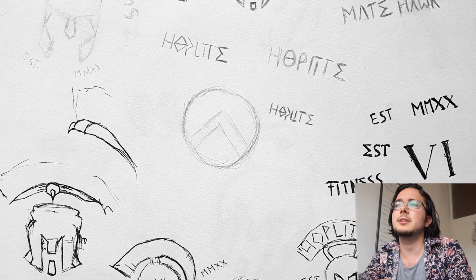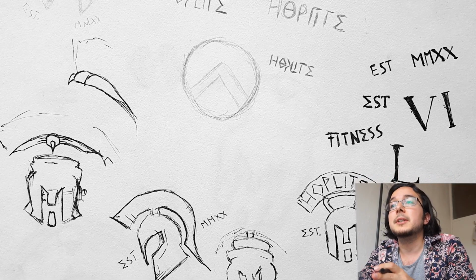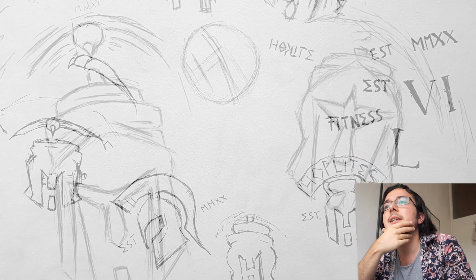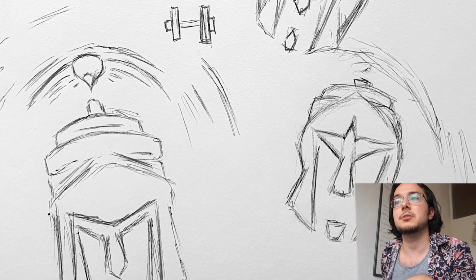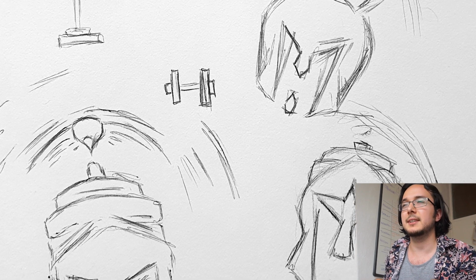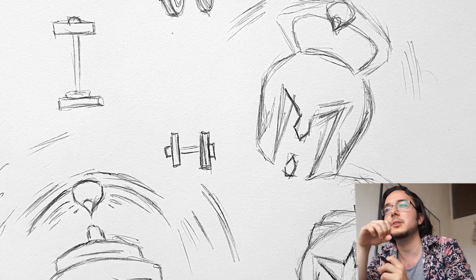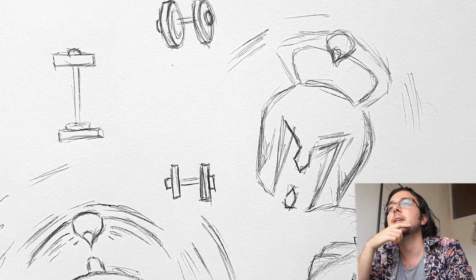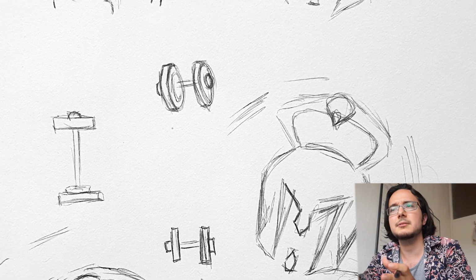It is okay to do ugly drawings here, right? No one's gonna see these, unless you are a YouTuber. You are just brainstorming and seeing what works. I know that I wanted to combine an ancient Spartan helmet with gym imagery here, so I have tried a few different routes here, drawing out weights and kettlebells, and combining that with this helmet motif, that kind of stuff. Allow yourself to play around because that's how you will get to the best ideas.